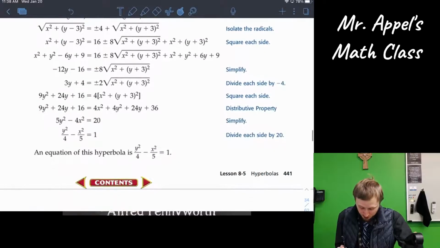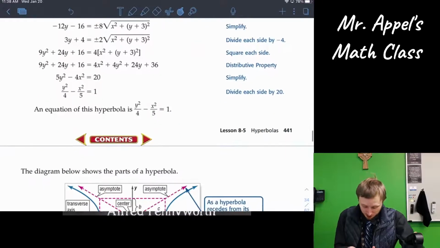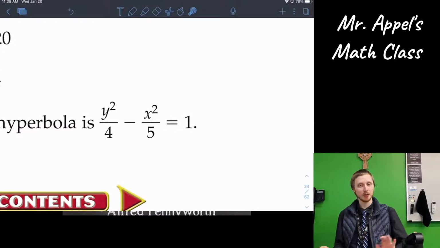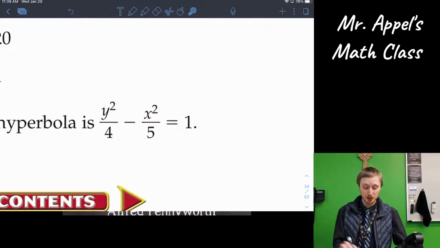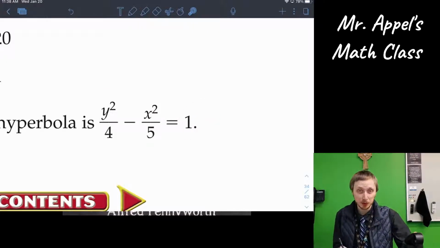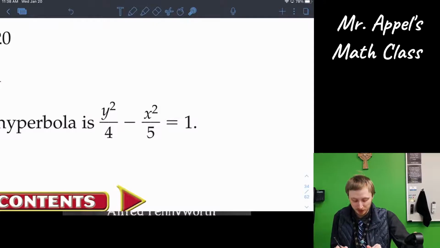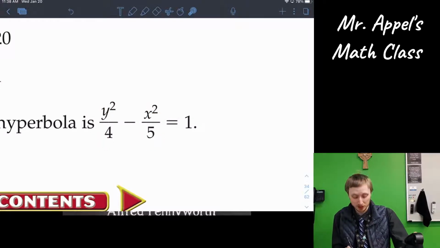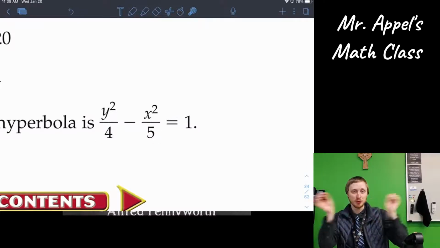As far as the equation itself, here's an example. Look at it. Y squared, x squared. Again, you could go in either order here. Perfectly acceptable. Still equal to 1, just like the ellipse. Still y squared divided by something. Still x squared divided by something. Guess what? These are the same somethings that major and minor axes,